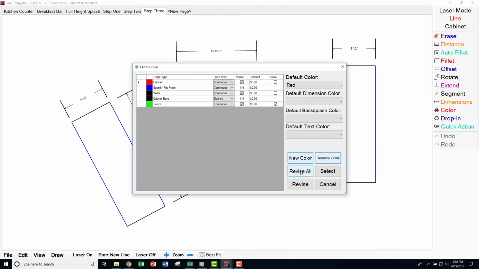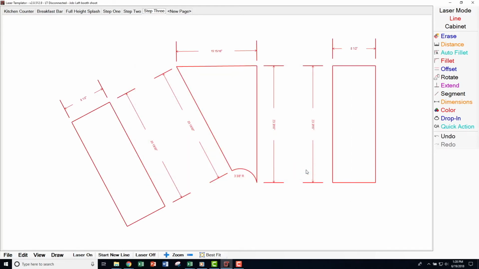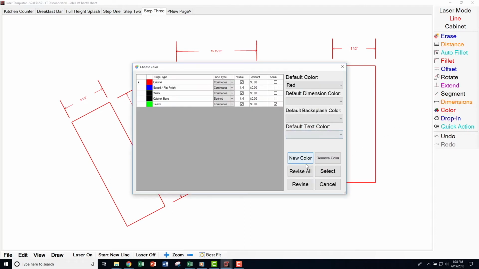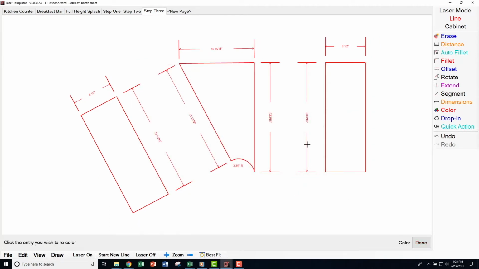You can also choose to Revise and Revise All. If you have multiple colors on your screen that you want to change to one color, select the desired color and click Revise All. Now, every line is that color. Choose Revise if you want to change the color of specific lines on a select drawing. Select the color we want to change, click Revise, then click on just the lines you want to change to